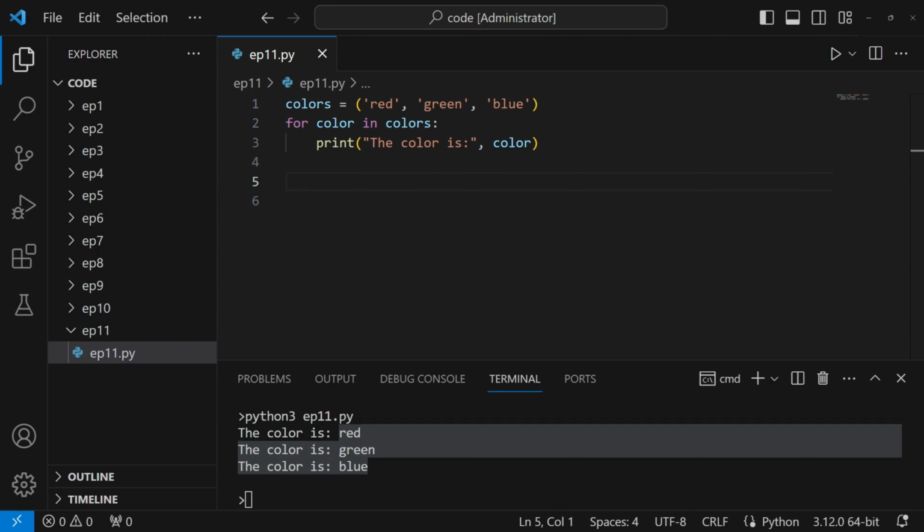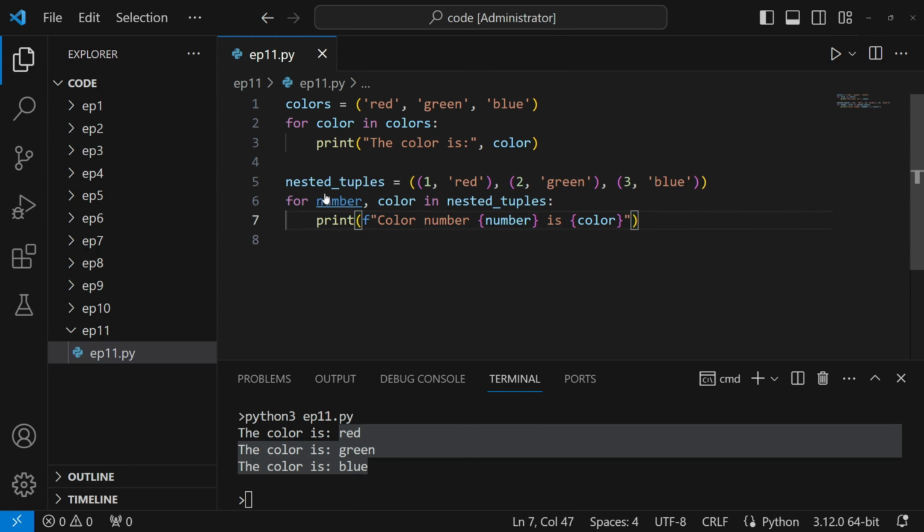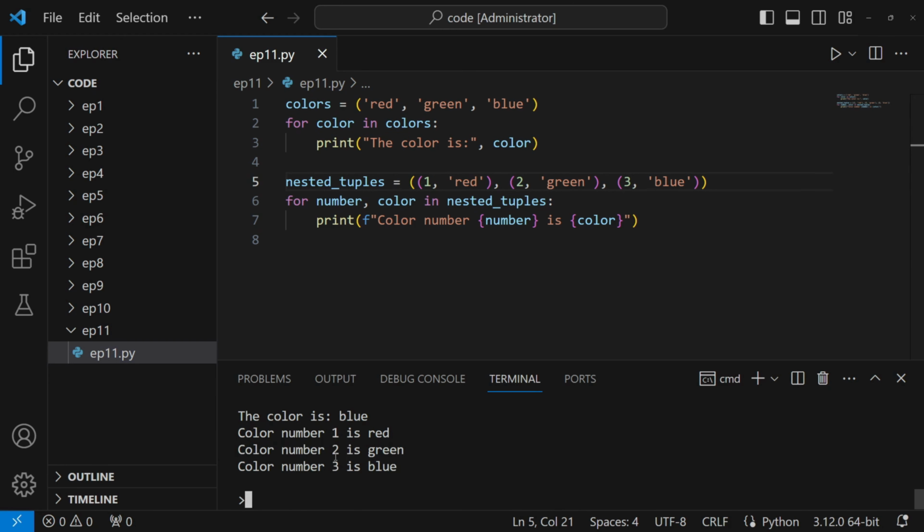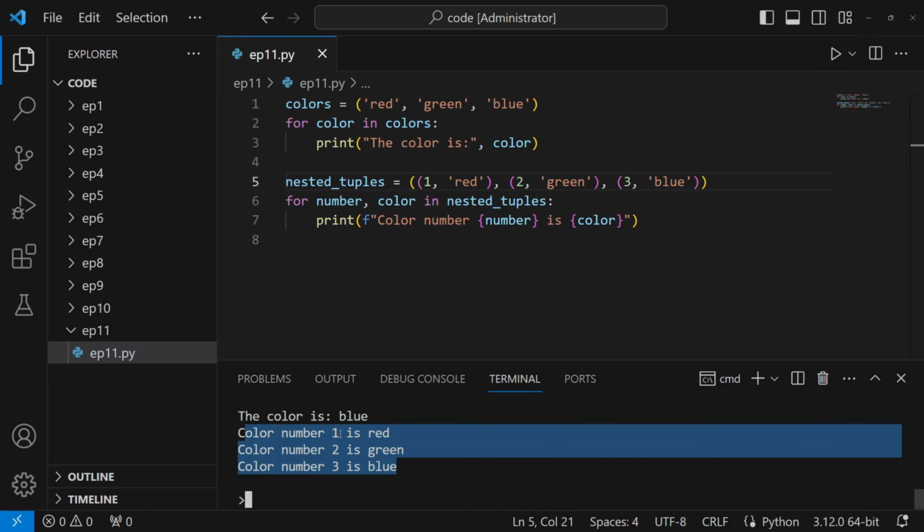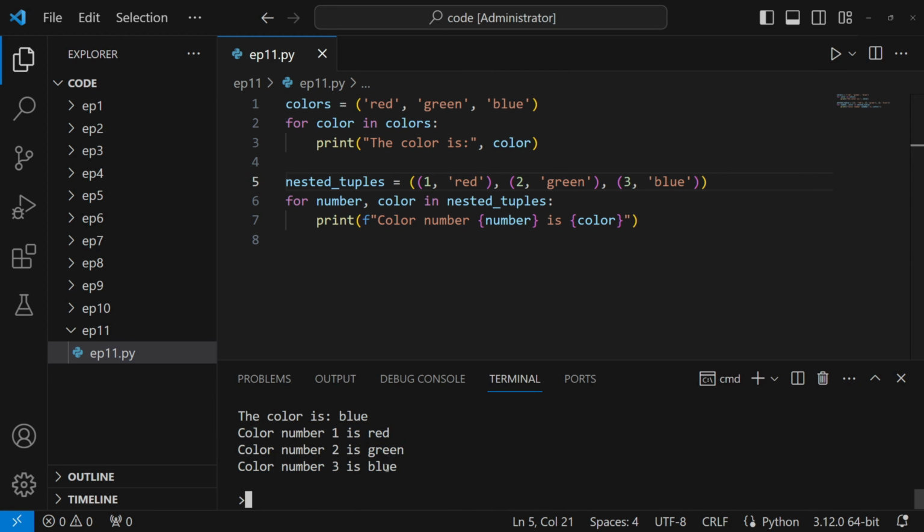Another elegant feature of tuples is their ability to be unpacked directly in a for loop. This means you can extract multiple elements at once if your tuple contains other tuples. It's like opening a set of nested boxes, each revealing its contents in one go. Here, each element in nested_tuples is itself a tuple. Our for loop unpacks each of these tuples into number and color, giving us an easy and readable way to